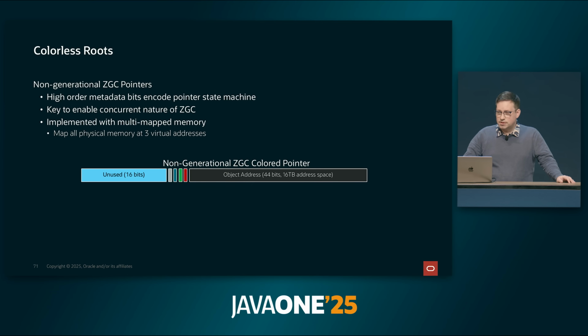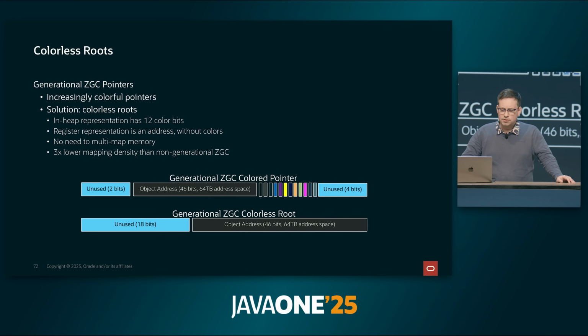But the cost was 3 virtual mappings to the same physical memory, and that requires more memory mappings. With generational ZGC, we increase the number of color bits that we need to 12. So we knew that this is too many bits to use multi-map memory. We can't do that. So instead, we did something that I call colorless roots, where the in-memory representation of the